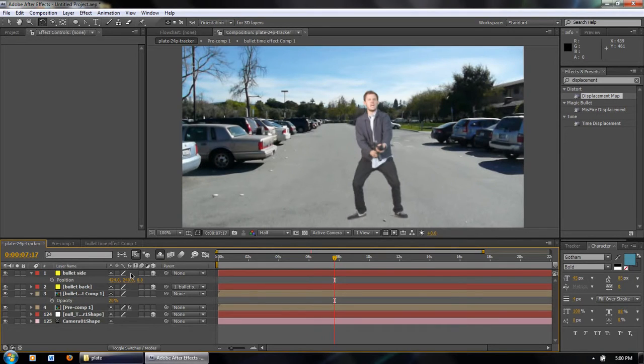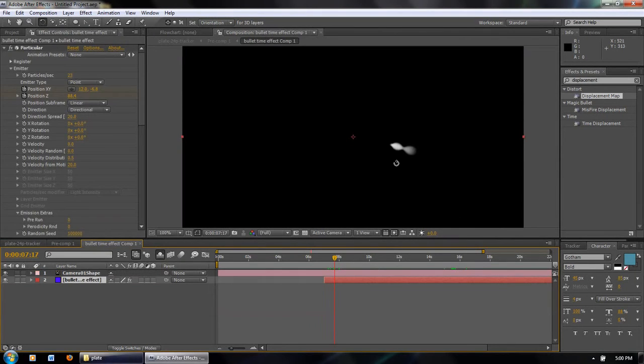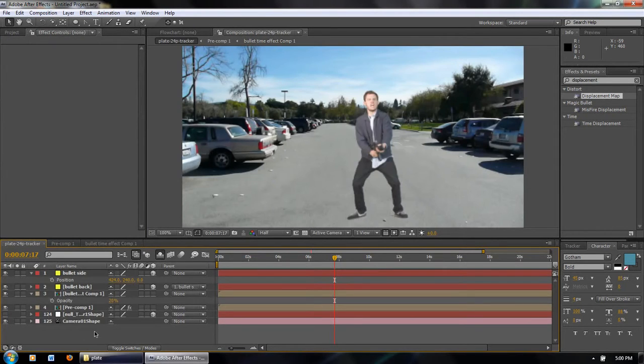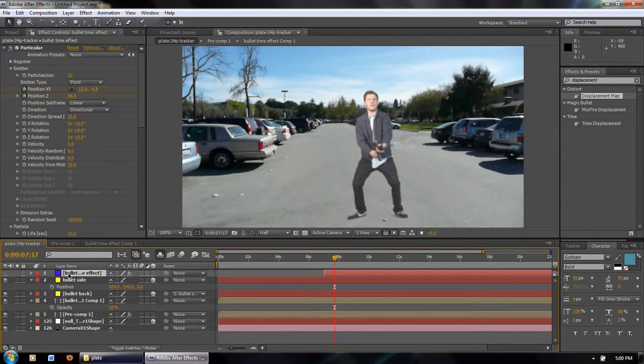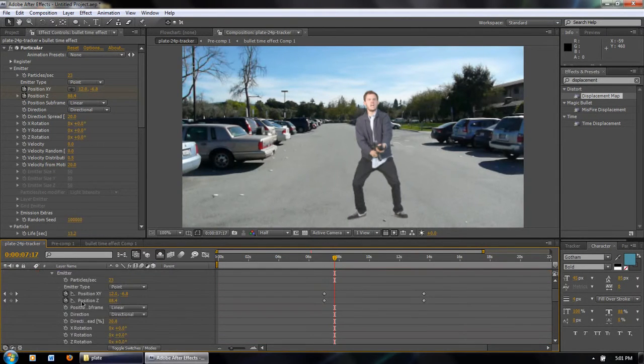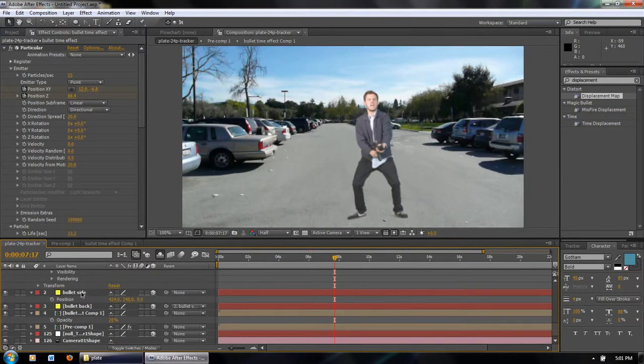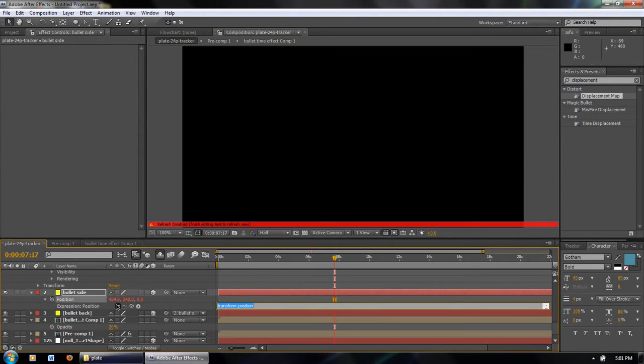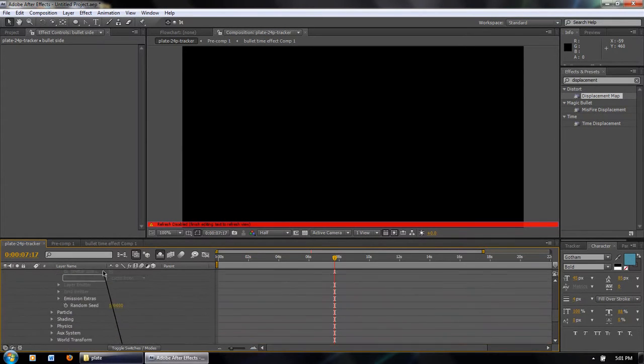and we're going to link the bullet to the emitter of the particular effect. So what we can do is, let's just go ahead and copy this back to the top layer here and turn it off, and then go to effects, particular emitter, position XY. So we want to copy these three coordinates onto the position of the bullet here. So we're going to alt click on the stopwatch and pick whip first to the position XY of the emitter